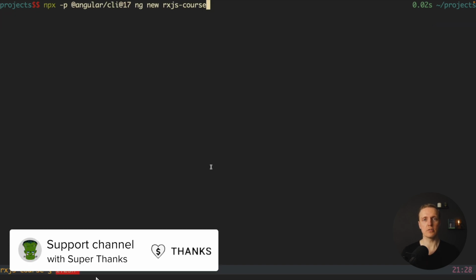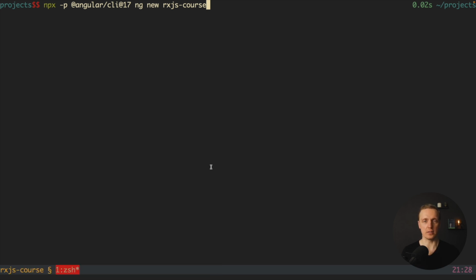Our next step is to generate an Angular project, and typically people will install Angular CLI as a global command line tool in order to generate an Angular project. I won't use that because we can do exactly the same through the command npx. And if you don't know, together with Node.js, we're getting npx, which allows us to install any CLI tool and